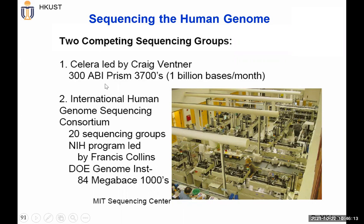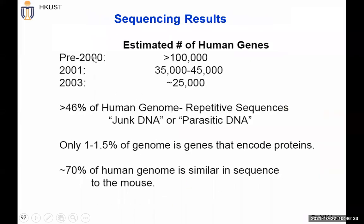And then, of course, there's another quite famous biotech researcher, Craig Venter. They created Celera, and then they really could speed up this DNA sequencing, right? One month can do 1 billion base pairs of sequencing, right? And then, of course, in the past you can see gradually a lot more people tried to